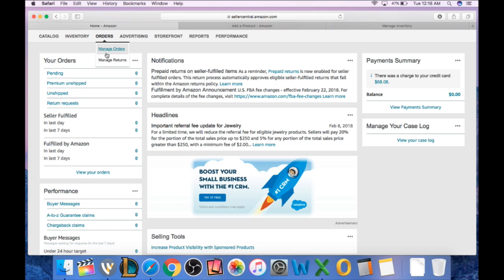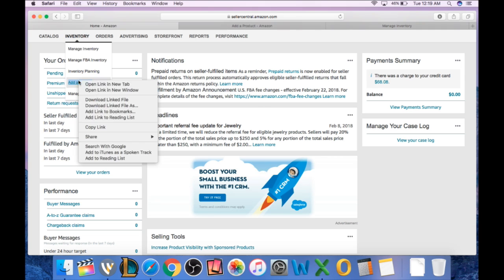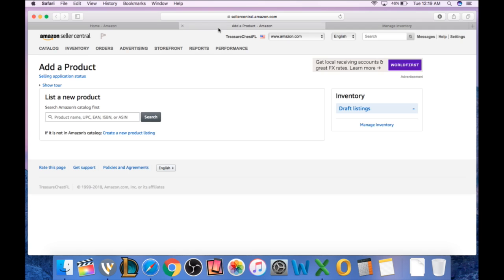And then of course orders are when you get orders or returns. Advertising is paying for advertising, and then you've got your other options of reports, performance. These are like your metrics and whatnot. We're going to focus just on the inventory and adding a product. So go ahead and open that tab in a new window or a new tab, and you will come to